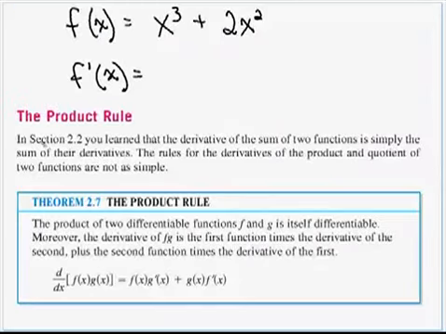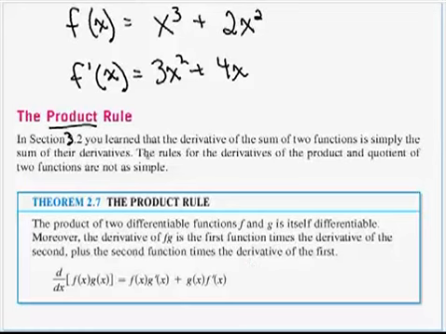But in the last section, this would be a 3.2. In 3.2, you learned that the derivative of a sum of two functions is simply the sum of their derivatives. Like here we have x to the third plus, or that could be a minus 2x squared. Because this is a sum or a difference, and we just have these individual functions here, we can just take their derivatives separately. 3x squared plus 4x, and that would be the f prime, and that just works for sums and differences. If we have two terms that are multiplied together, then we're going to have to use the product